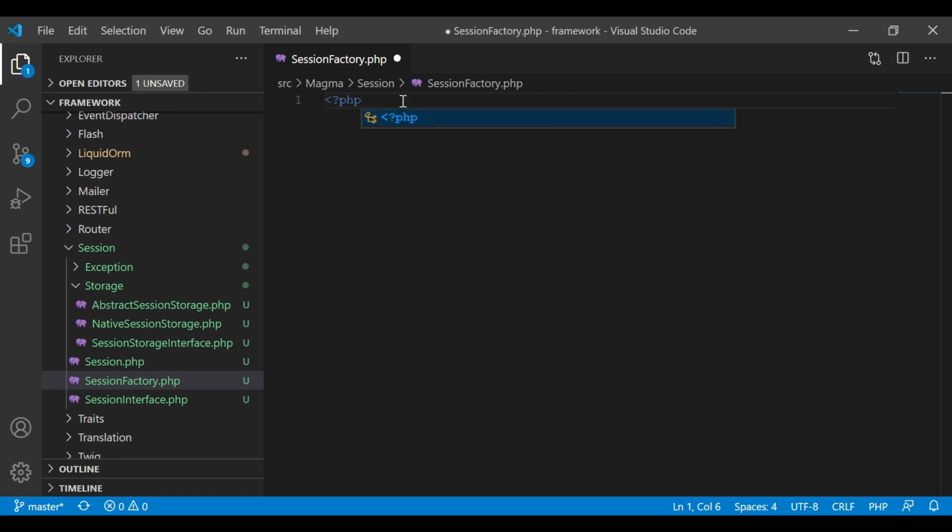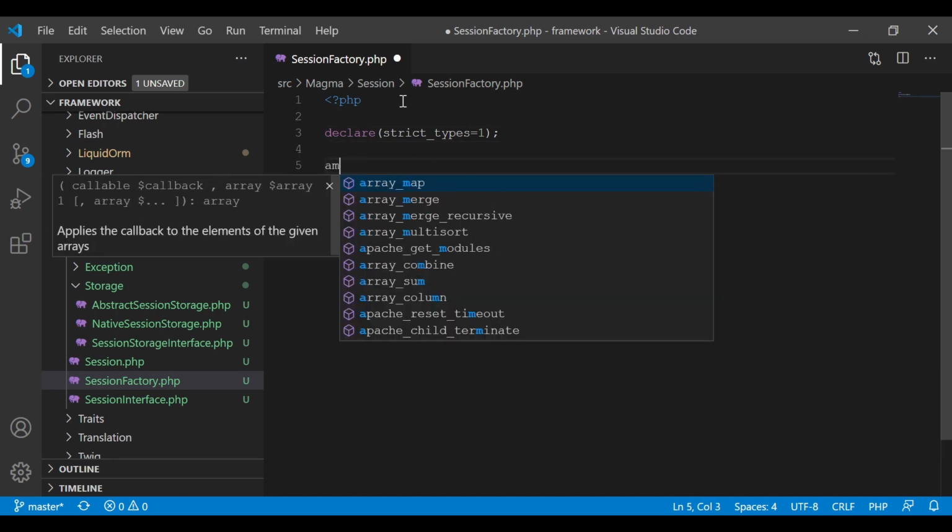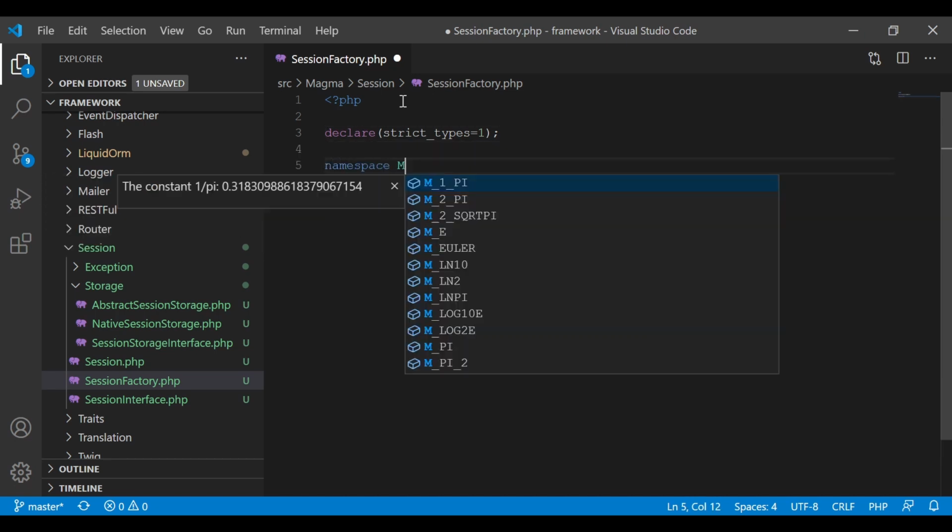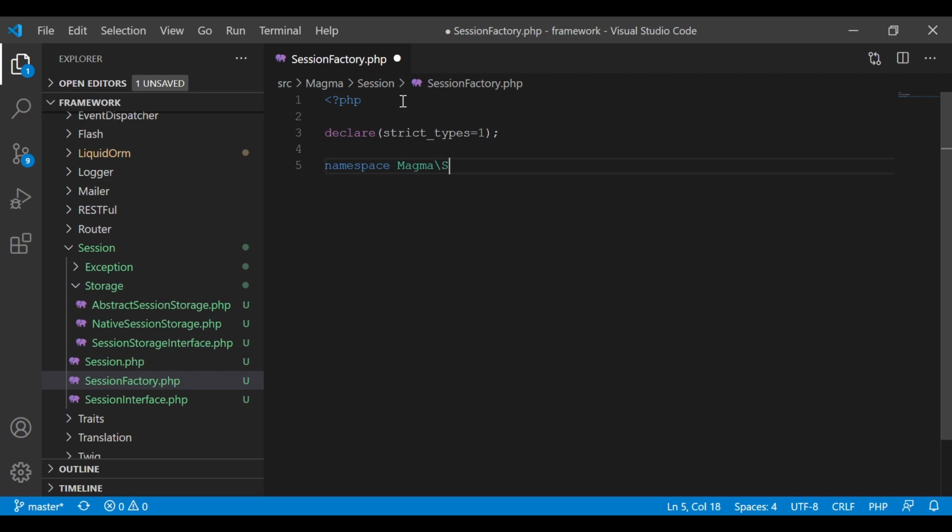It's going to be PHP, declare strict types equal true, namespace, it's going to be Magma, it's going to be Session, and that's it, because we're within that session directory, because that's where our session factory class is located. Say class SessionFactory,